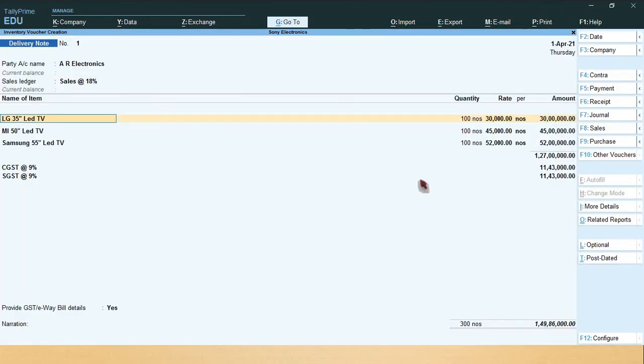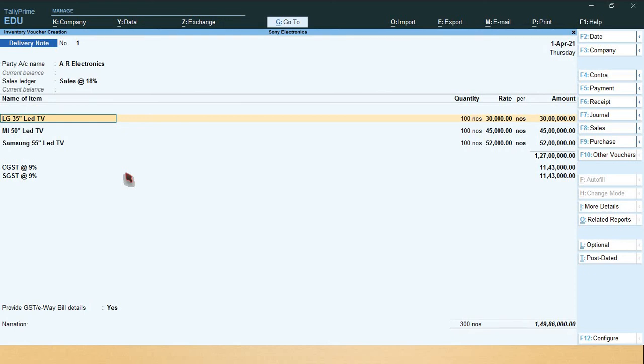Whatever we entered in the sales order, the entire thing is auto-filled to the delivery note voucher by selecting the sales order number. Okay. So now you just alter, you just assume, instead of 100 numbers quantities, they are sending only 75 quantities.